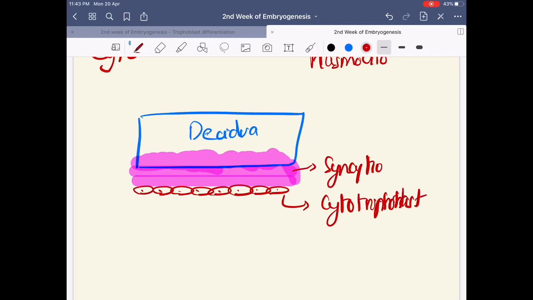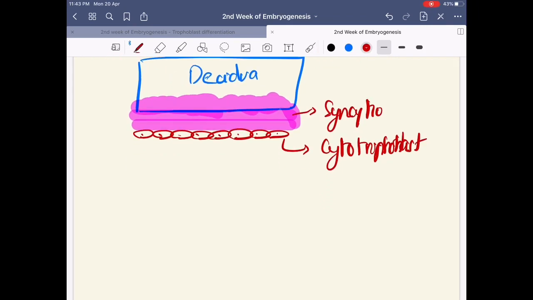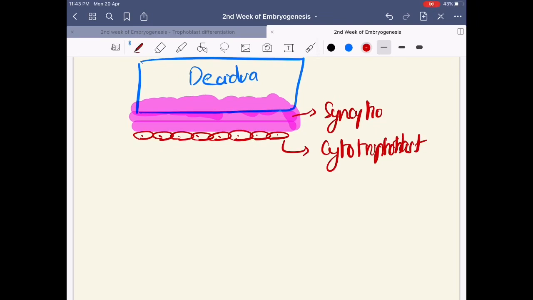Trophoblast. Clear? Now the syncytiotrophoblast, as it gradually invades into the decidua, is going to develop certain cavities within it. Where have we learned this before? Some cavities which are forming. You can compare it with the extra embryonic mesoderm, which forms certain cavities within it, which later fuse to become the extra embryonic coelom.